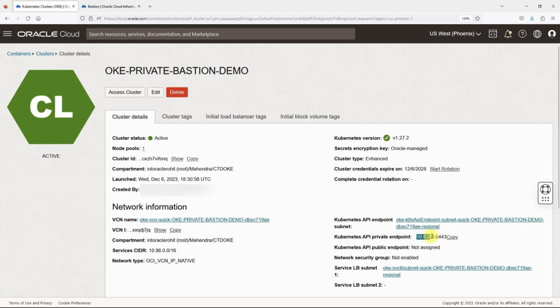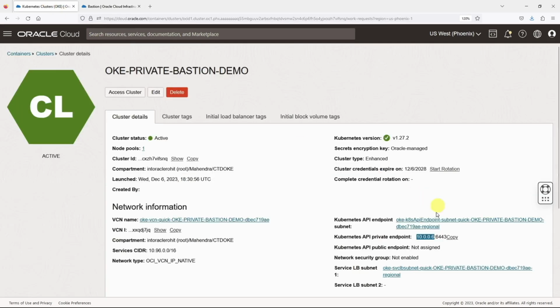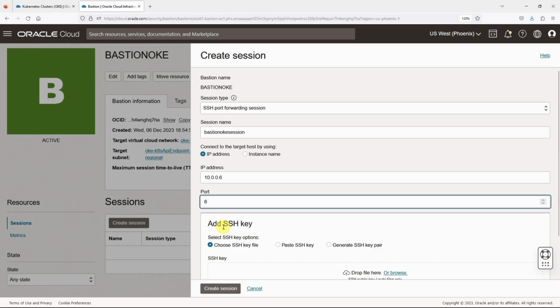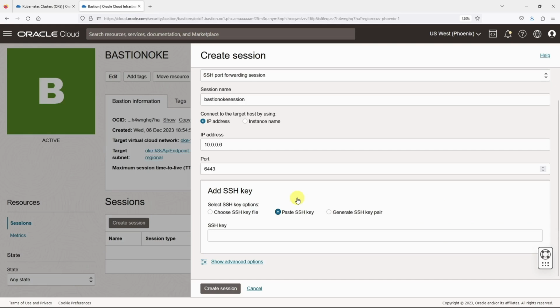Let me copy the IP address. Let's go back to the Bastion service. Let's paste the IP address here. And under the port, let's paste the port number. As you can see, it's 6443. Replace 22 with 6443. Now let's specify the public SSH key of an existing SSH key pair, which we'll be